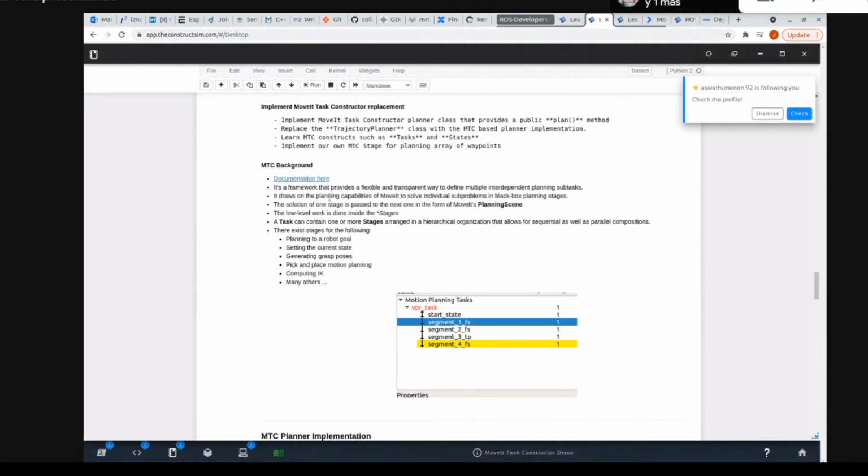So it draws on the planning capabilities of MoveIt. MoveIt already by itself has a number of planning capabilities to generate motion plans, to solve IK, to generate grasp poses. So it leverages all of that in order to solve common planning problems in a sort of black box planning stage. One thing about the way it works is that the solution produced by one stage,